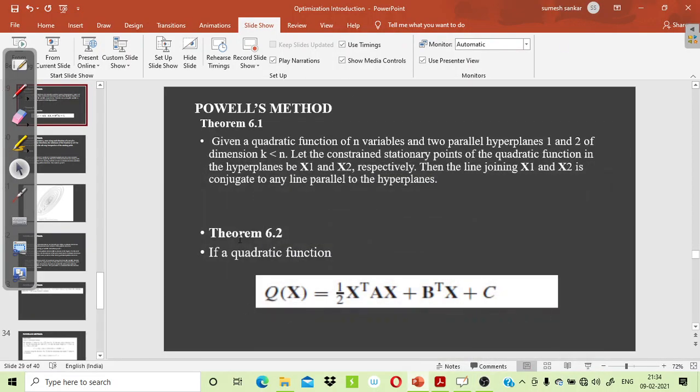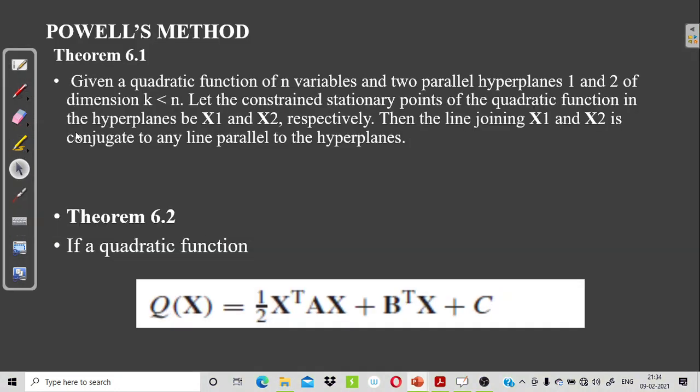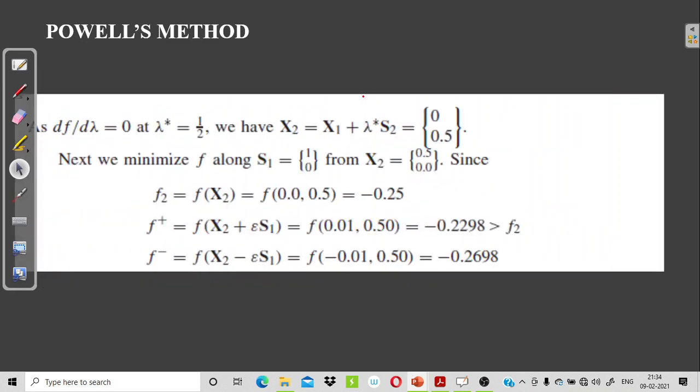So yes, before getting into Powell's method, Powell's algorithm, we are going to define two theorems. The first theorem states that given a quadratic function of n variables, okay, quadratic function means something